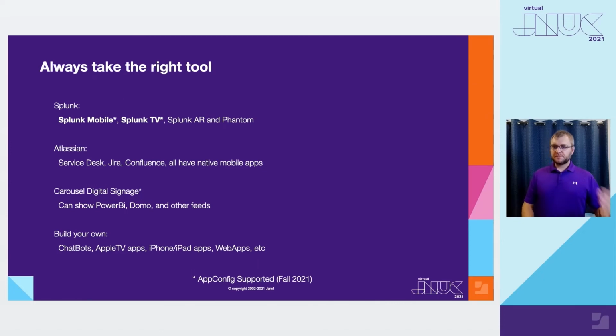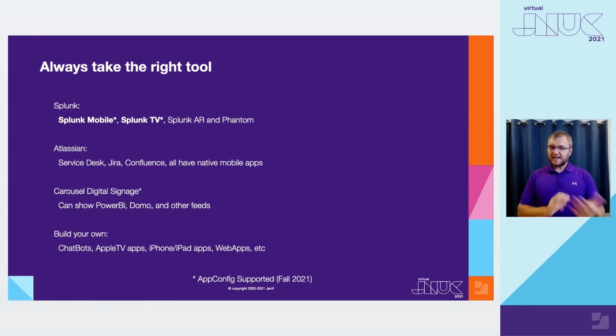On top of that, we have Splunk AR and Phantom. Phantom is their tool set that allows you to respond on your phone. So I can literally be in the other room and I'll get an alert that says, hey, we noticed this compromised thing. Would you like to step in and remediate this? All I have to do is click a button on a phone and say yes.